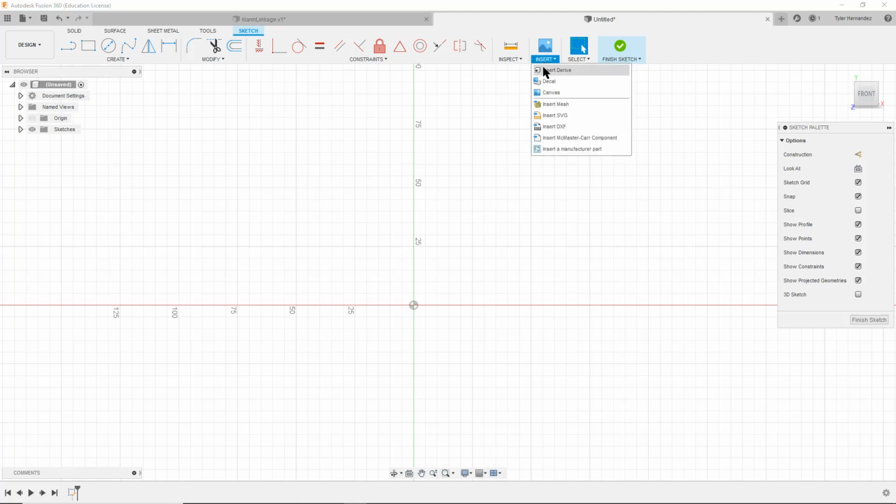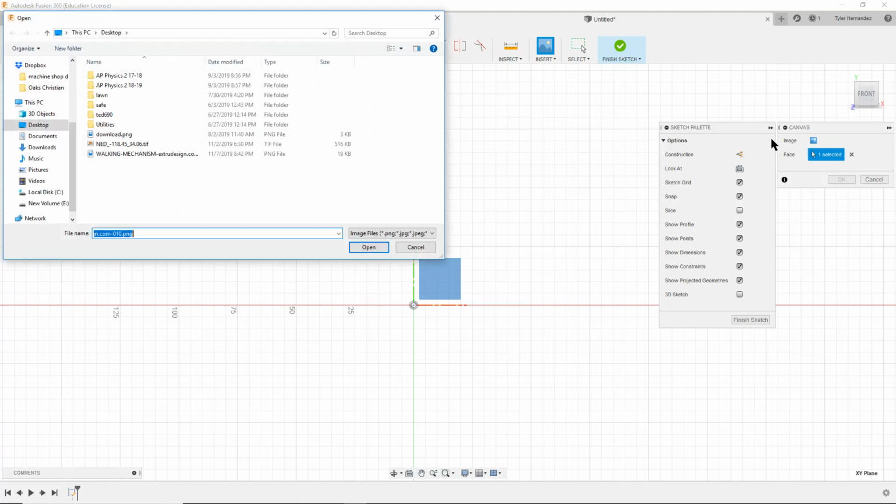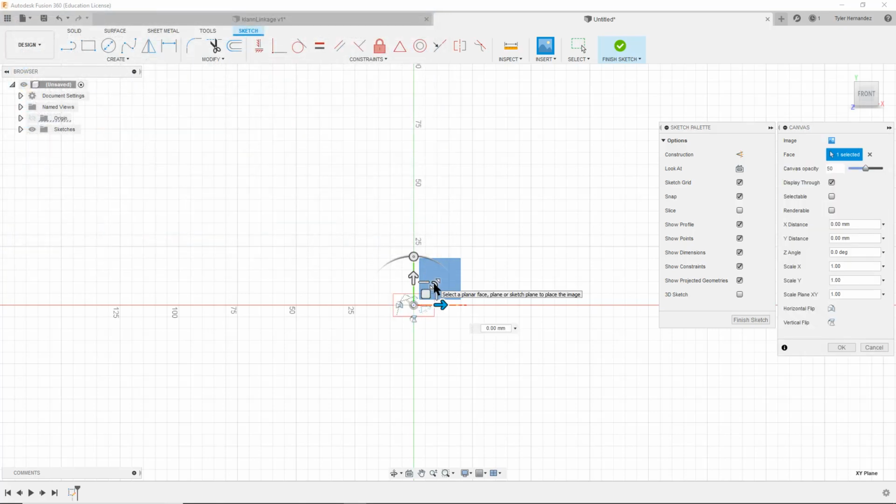So I'm going to go to Insert, Canvas, and I'm going to select the plane that we're working in. I'm actually going to make a background picture that has all of the measurements that I need. So I'm going to select this plane, and it shows that I have one face selected. And then I'm going to go here next to Image, click, and select the walking mechanism image that I have already downloaded onto my computer. And it'll show up